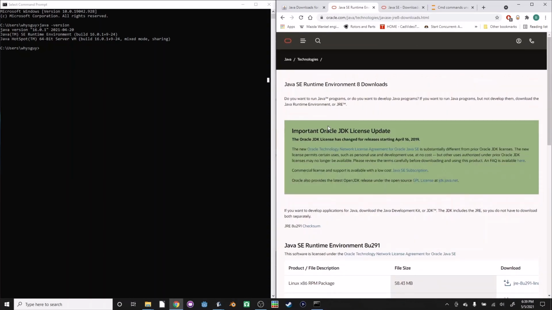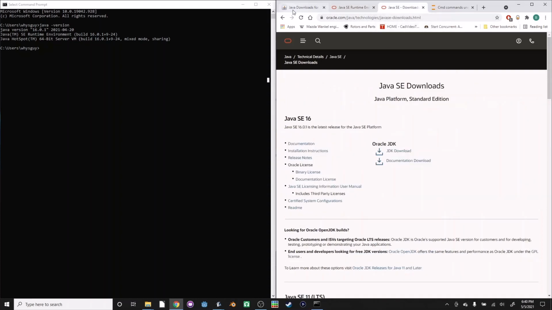I think this web page is for companies to use, because according to their new license update, you have to pay to use Java if you're a company, if you're a business. If you're an individual like you and me, probably, then you don't need to pay. But I would prefer that you not use that. So either download the Java Runtime Environment version 16, or if you really want to follow along, Google